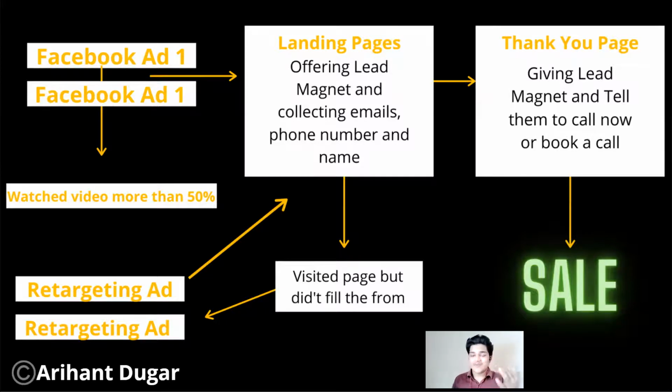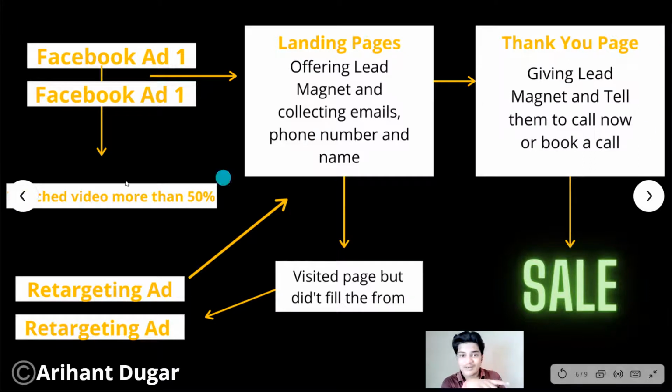Here they have already given the name, email address, and phone number. Once they submit, on the next page you can use these two sentences. First, thank you so much, your lead magnet is here, and you can give them the downloadable link. Then tell them, if you want the instant consultation worth $1,000 for free, which is available only for 3 people this month, you can book a call now. That's it, simple. These leads are serious buyers who want their interior designing work done. That's it. So this is the first part of the funnel that you have to use.